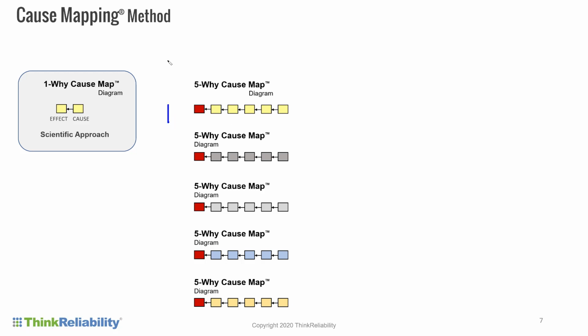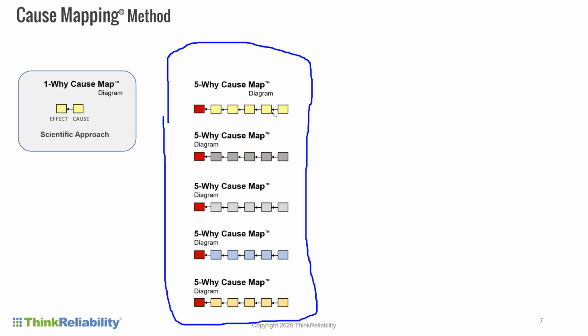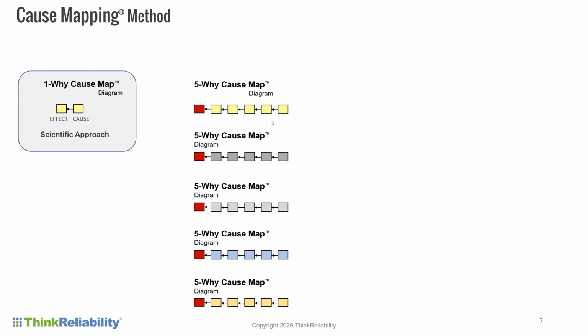One of the criticisms of 5 Ys, and there are very strict adherents to 5 Ys who believe that the 5th Y is the root cause, which is not valid, but the idea of identifying multiple cause and effect relationships is a great idea. If you show how all of these connect together, it's what's called a chain of events. It starts out very simple and it expands, but you can have operations and maintenance and engineering and another group have a different explanation of the incident, but there is absolutely no contradiction at all.